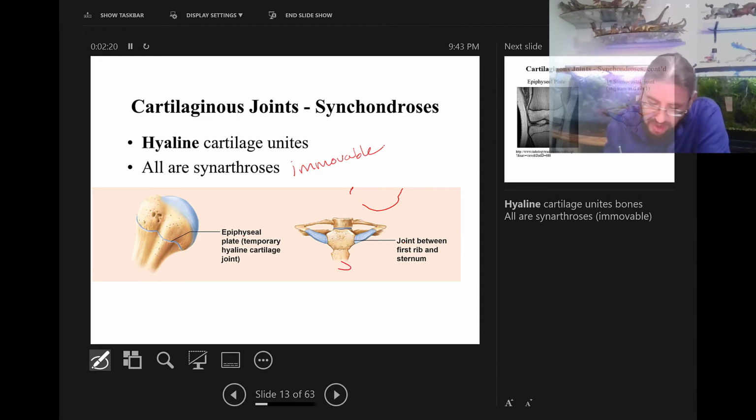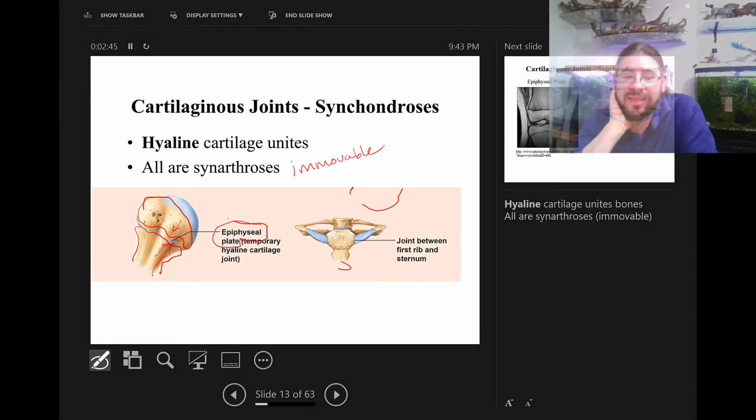So right here, the epiphyseal plate is an example of one of these synchondroses. We have the upper portion of the head of the bone articulating with the lower portion of the head and the shaft there. And so we have bone meeting bone and cartilage between them, and since it's hyaline cartilage, it is a